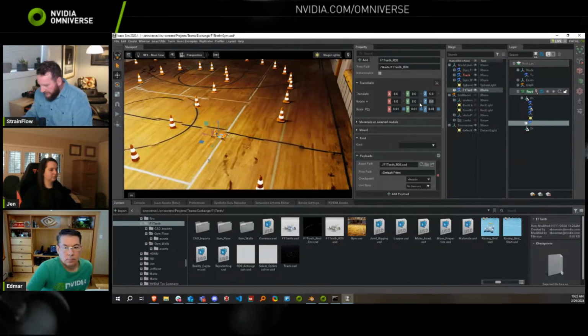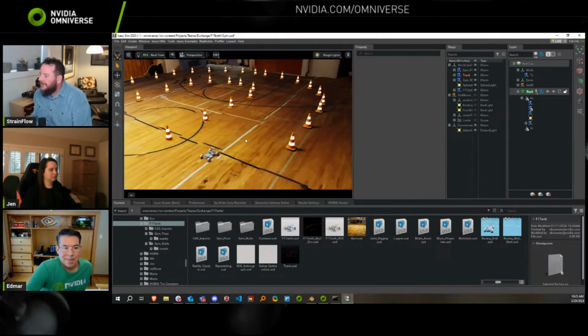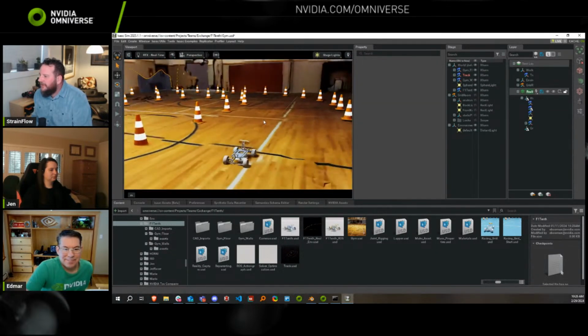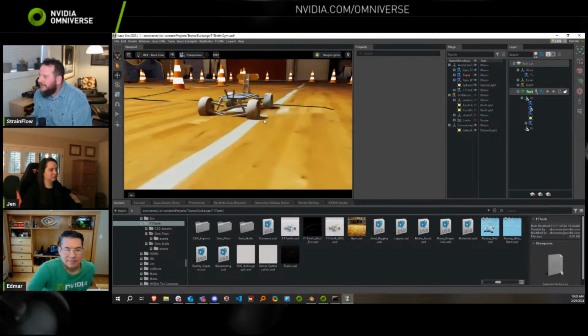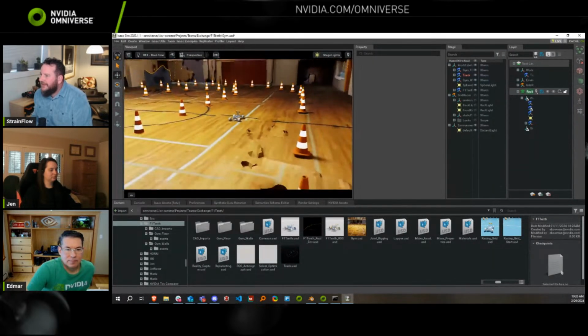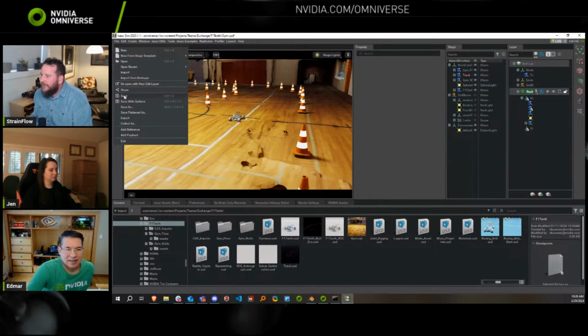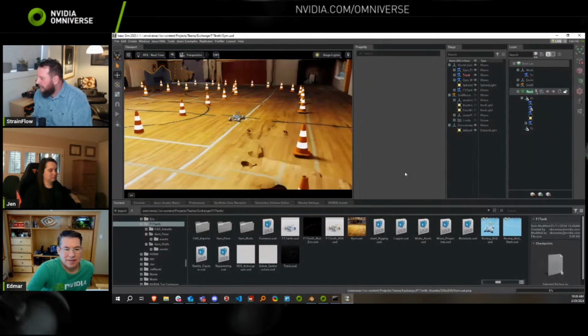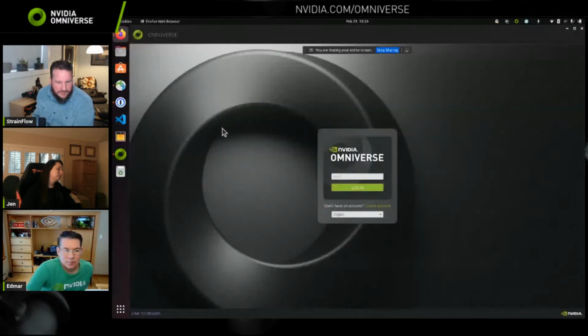Turn it native 90 degrees. Okay, so now we have a remote control car in the scene. And let's save this scene. And then I'm going to open it up on my Linux laptop that can actually run this simulation. Oh, of course. Well, I'll go ahead and share that screen. And of course, I'm not logged in.